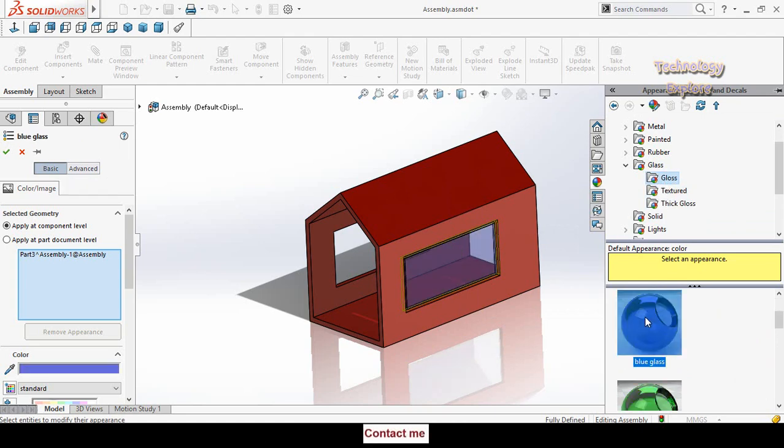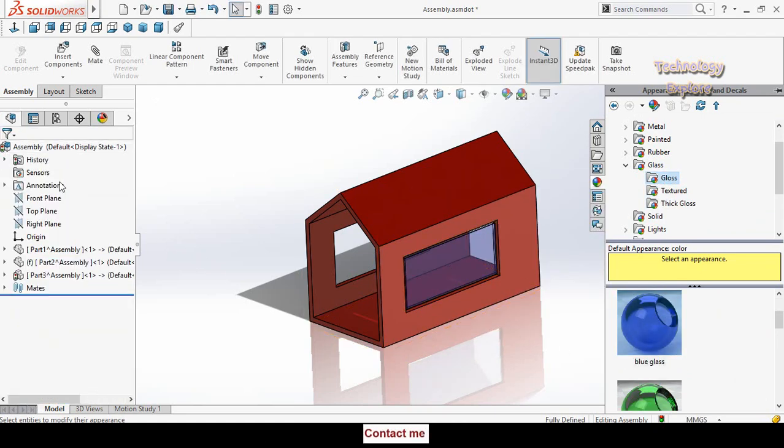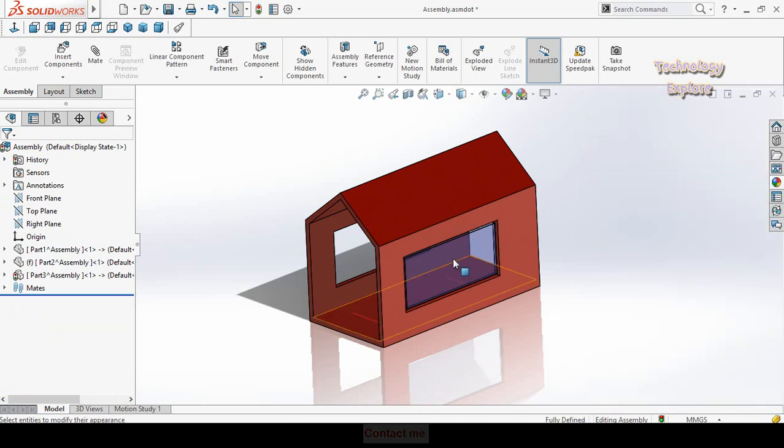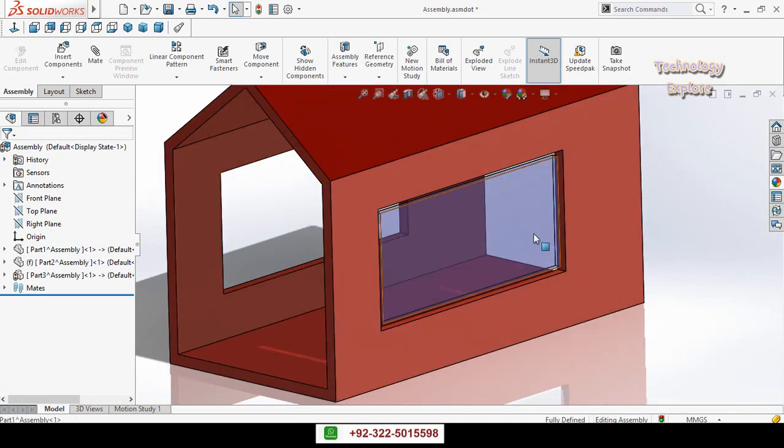So let's select this glass, then press OK button. So this is how you can make the glass in SolidWorks.